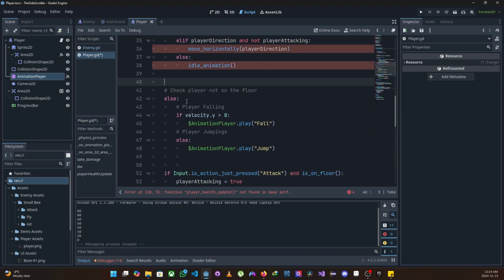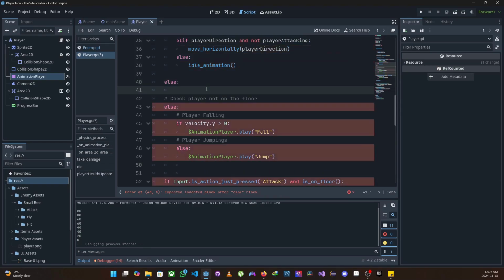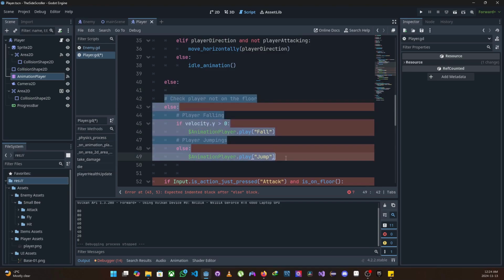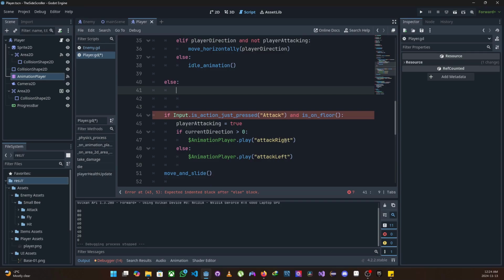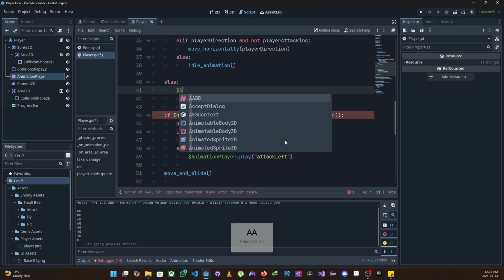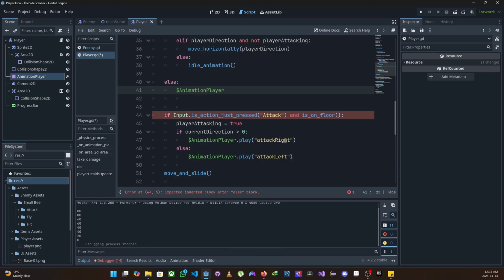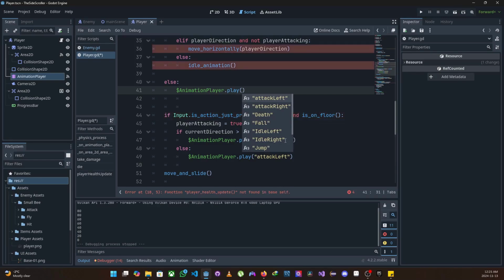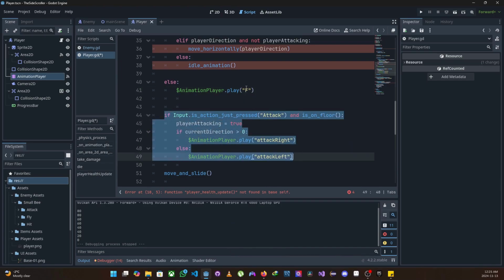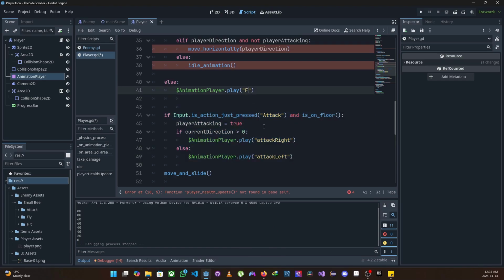Okay, then let's put an else here for our fall, to play the fall animation if the player is falling, so we no longer need this. So we can just say $sign animation player dot play. Now this is a new but very useful way of playing your animations. Instead of having it be 2 or 3 lines like this, you could just say play the fall animation